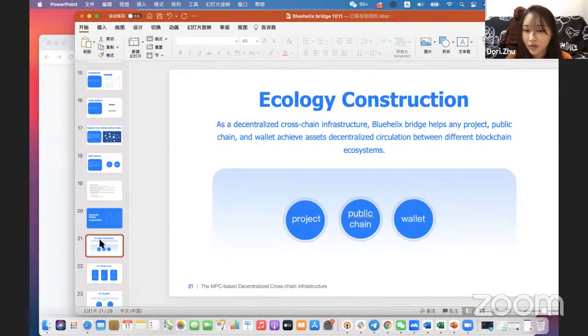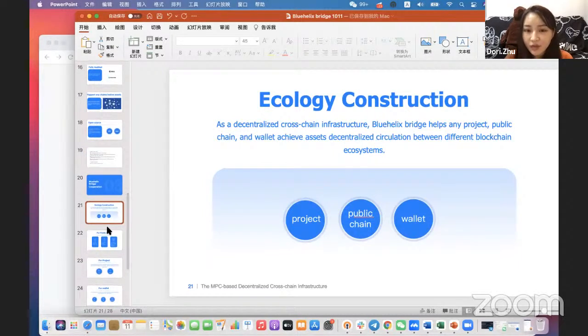It is also totally free from now, and we are encouraging all users to use our wallet and cross-chain bridge with some incentive programs. For example, if users want to experience the cross-chain process of the Bluehelix Bridge, we will give some USDT rewards or other rewards.